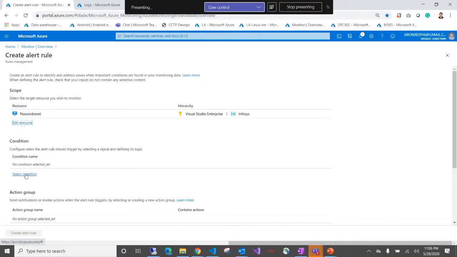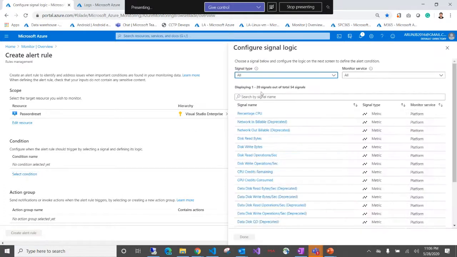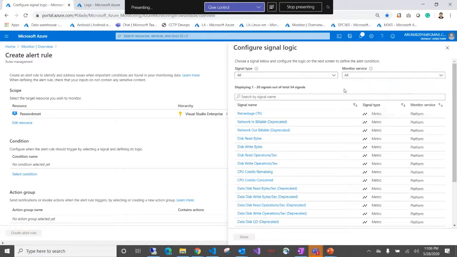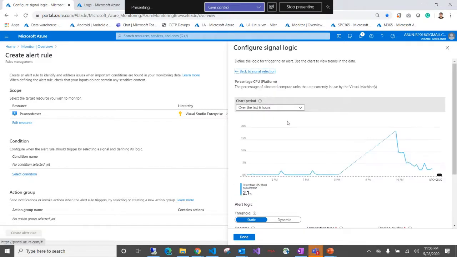Now the next thing is to give a condition. This is where the signal comes in. I can select this percentage CPU, which is a signal type of metric. Or if I want, I can select any of the custom queries if I have any written for this specific VM. But at the end, these are all configured as signals and I could select anything. So I'll just select the percentage CPU and there it is.